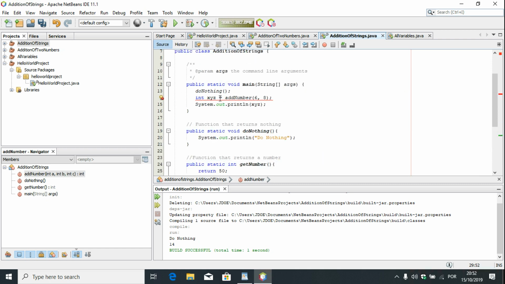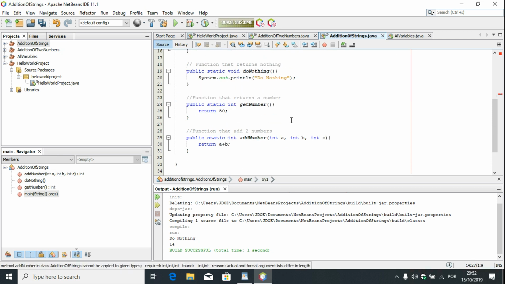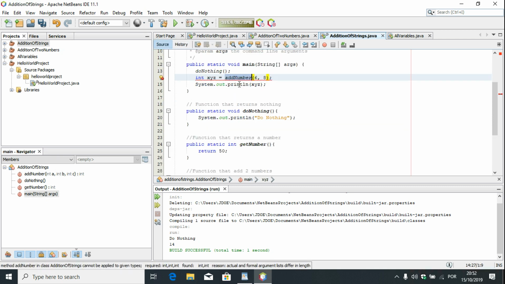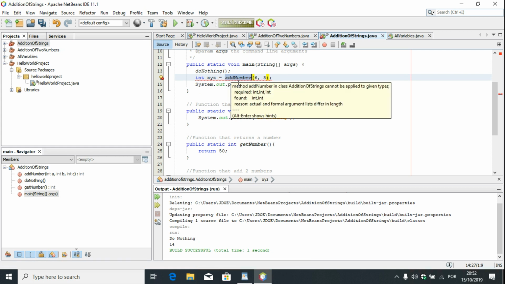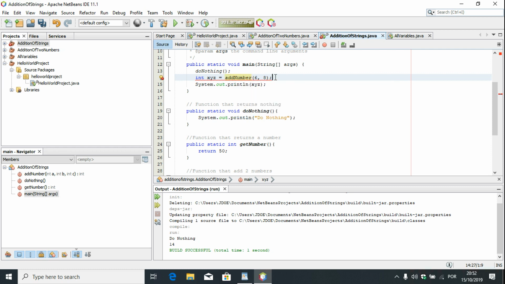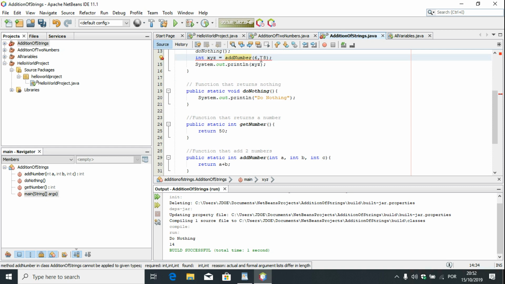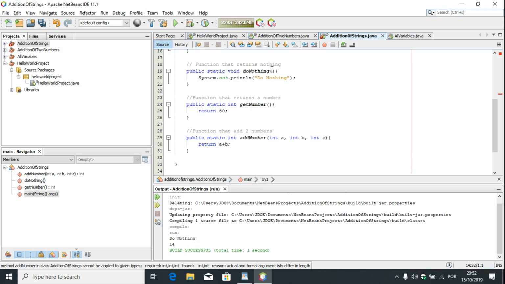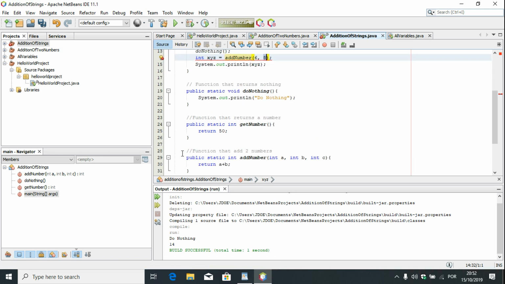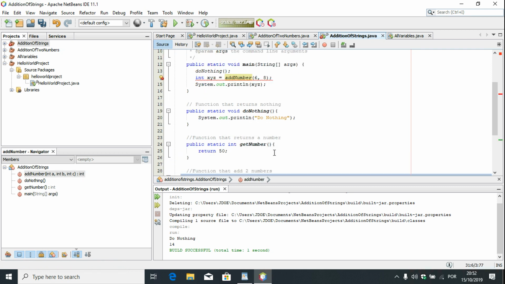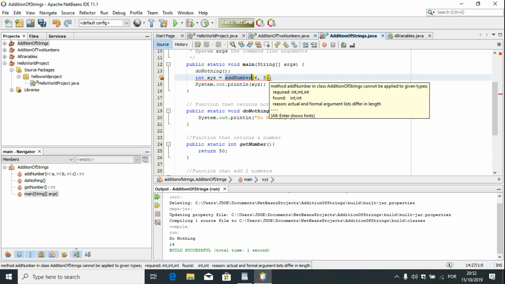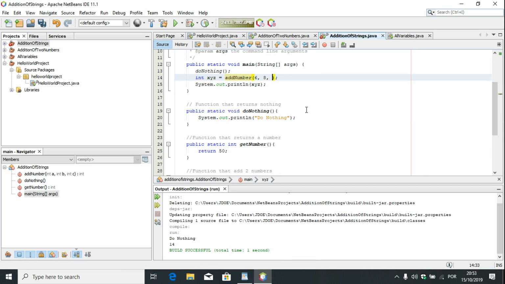Okay, but what is it saying? We have called the add number function, so why is it giving a red line? Because it's saying method add number in class cannot be applied to given types. It's saying int, int, int: it is taking 3 parameters, but I have used only 2. We have defined a function with 3 parameters here, but we are calling it with 2 parameters, so we need to define another one